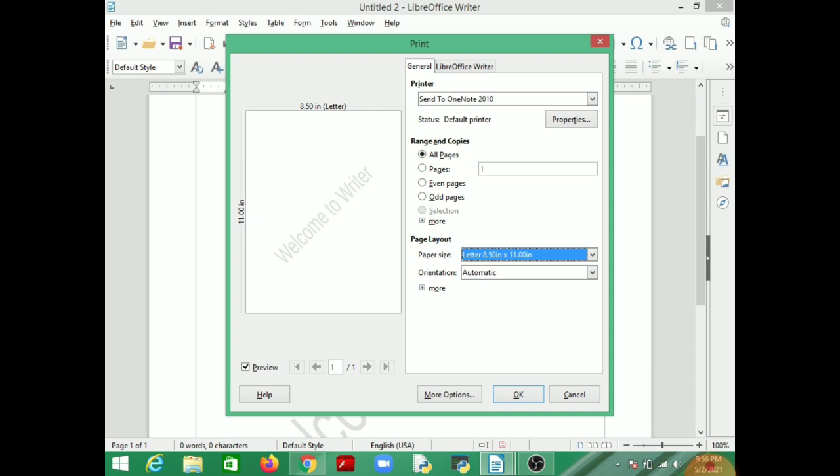Page layout, you want to use letter size or A4 size. Orientation, portrait or landscape, so you want a vertical print or horizontal print, then press OK. When you press OK, your document will come out from the printer.